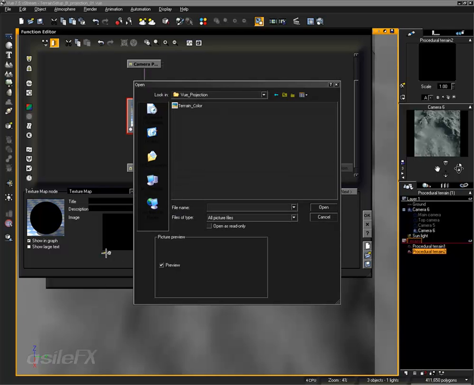And I do have bypass view browser turned on for scenes and images, which I think is a much more productive way to work. And that's so we just get the OS picker for images and scenes rather than using the view browser. So I'm going to select the terrain color, click open,